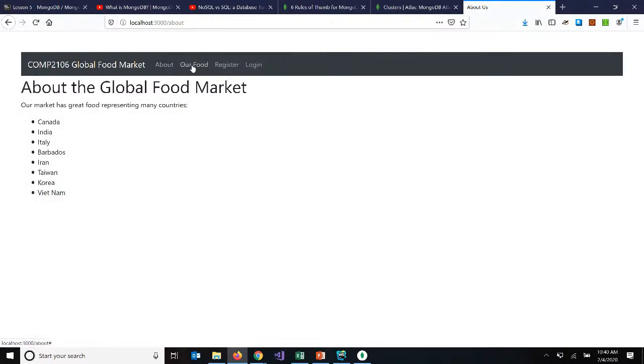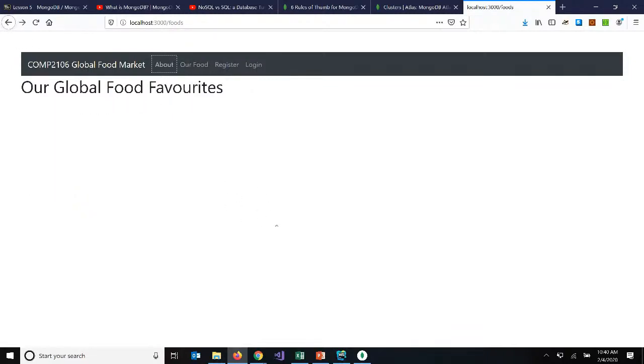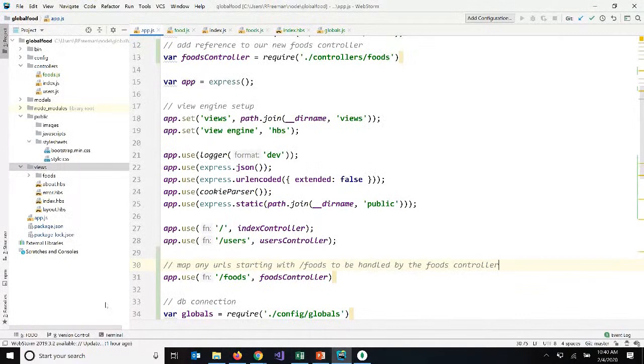We can also change the link in our navigation bar. Right now, this food link doesn't go anywhere. So how would we change that so that this link works? What file would this be in? I want to click our food and get this page. So where would we go to change that link? Right, if we go to our views and layout,